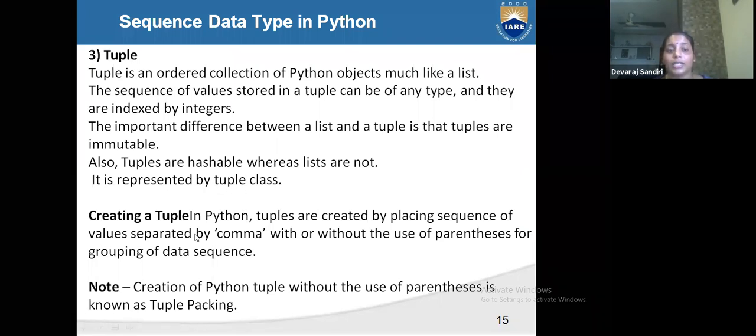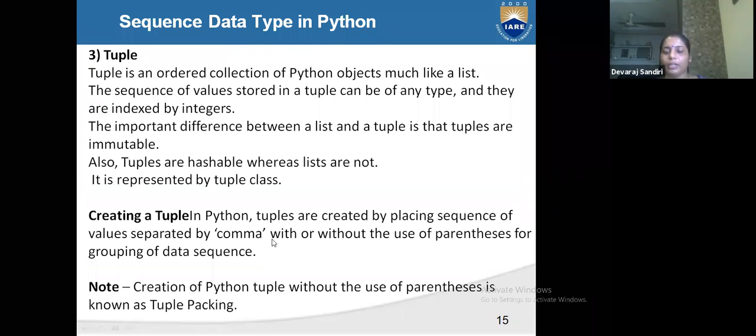It represents the tuple class. Creation of a tuple in Python: tuples are created by placing a sequence of values separated by commas. Just as we write a list, we write a tuple, but lists are mutable and tuples are immutable. Creating a tuple without using parentheses is known as tuple packing.